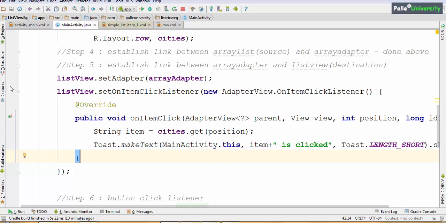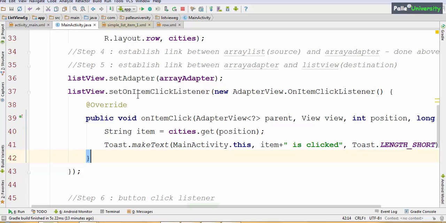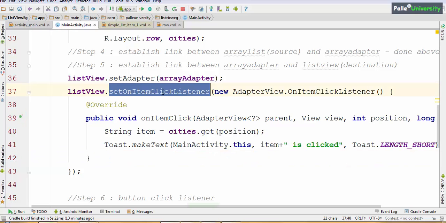Here, at line number 37, we are using setOnItemClickListener to handle single clicks. Just like we have setOnItemClickListener, there is one more method available for list view, that is setOnItemLongClickListener. The syntax will be almost similar to this method. Let me show you how it looks.